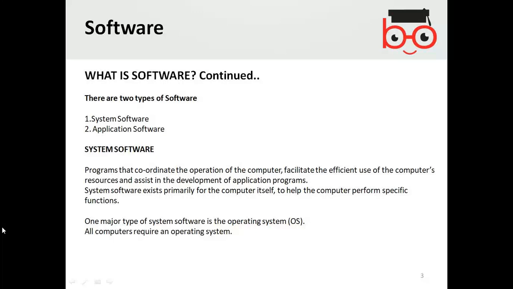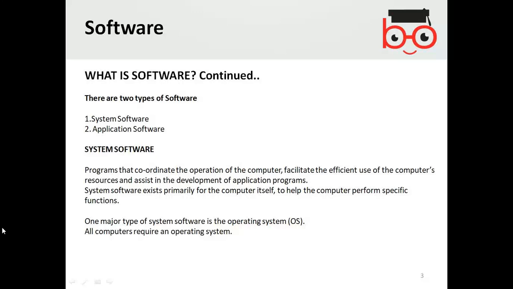Remember that the operating system is not the only system software; there can be other system software which can be run inside the system software, as well as before the installation of the system software. Is that clear?